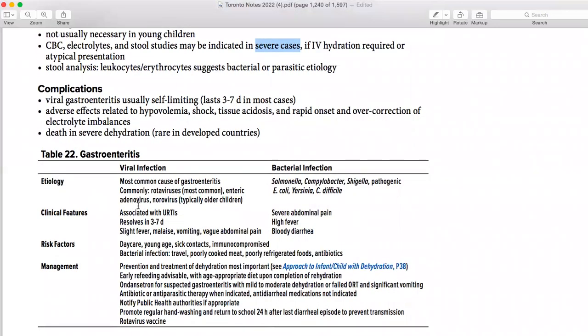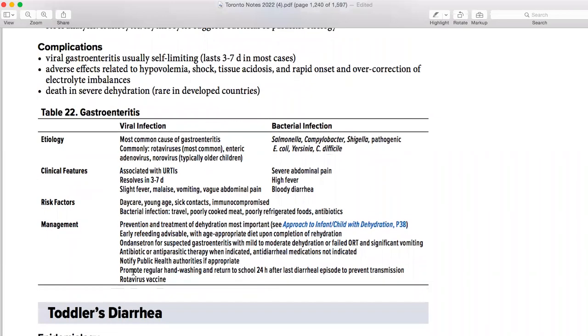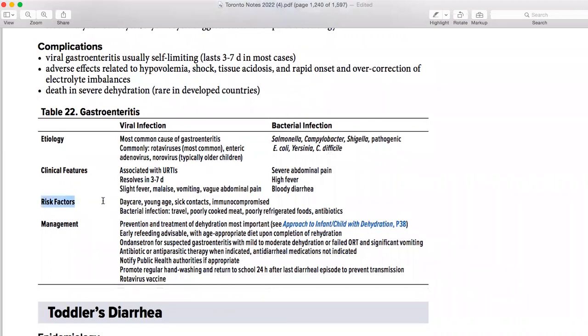Then with every viral infection presenting, this is very nicely written here, all of the things. And then management is basically mostly risk factors. You need to know if that baby is coming from daycare, because on those bases maybe you have to report to public health that something is going on, that other babies could be affected as well. So you have to report to public health. This is very important.